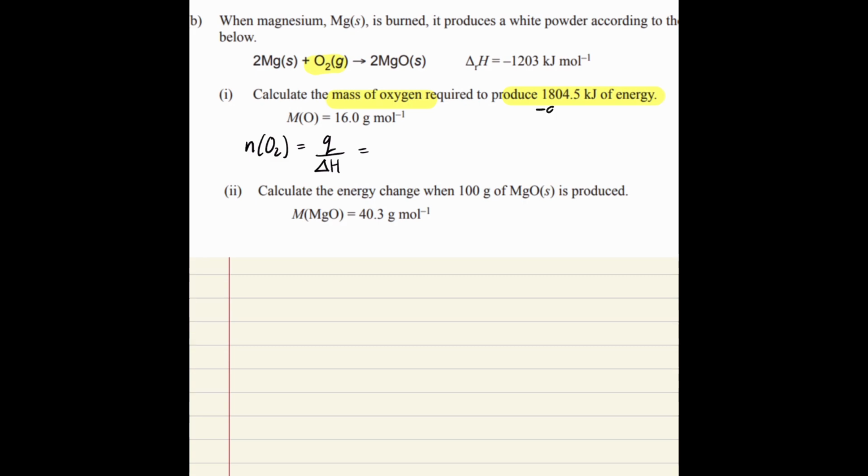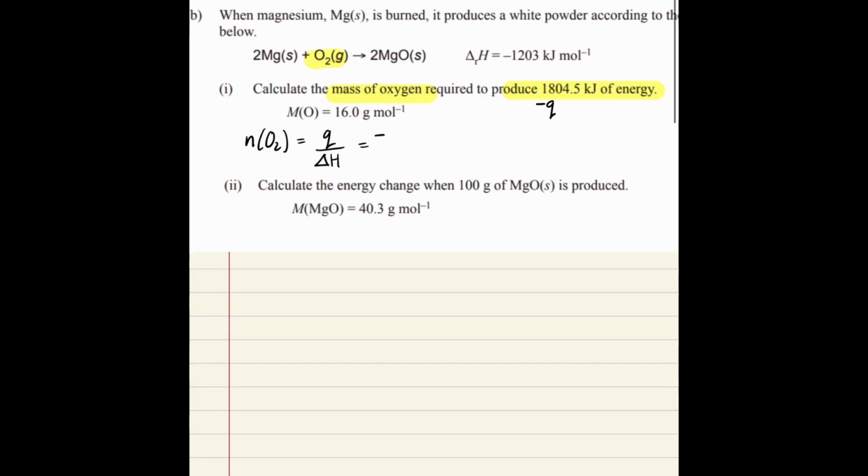Now, it produced 1,804.5. Whenever we are releasing or producing energy, it means the system, so remember the system is the reaction, has lost this much energy, which means in terms of heat energy, I've lost it. So it's negative Q. So I'm going to make it negative 1804.5 divided by negative 1203. Okay, pop it in my calculator, 1804.5 divided by 1203, and I get